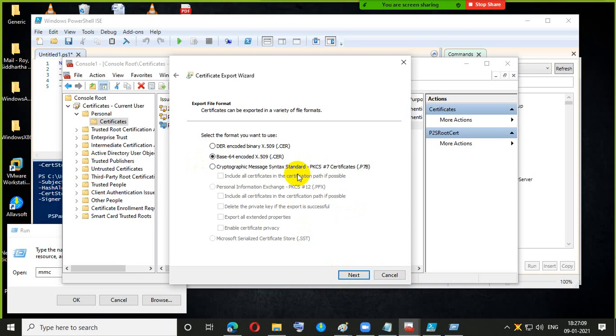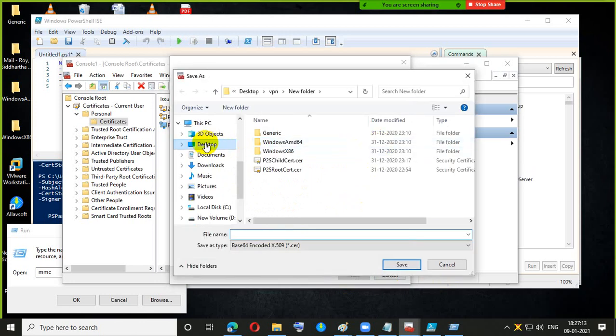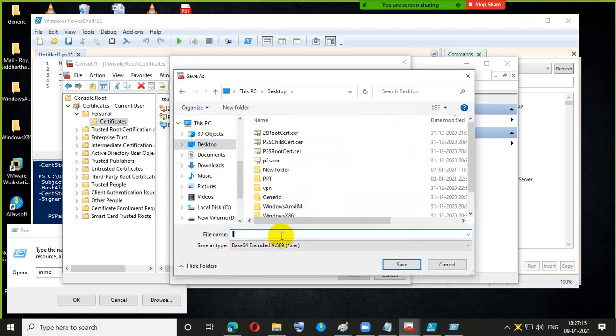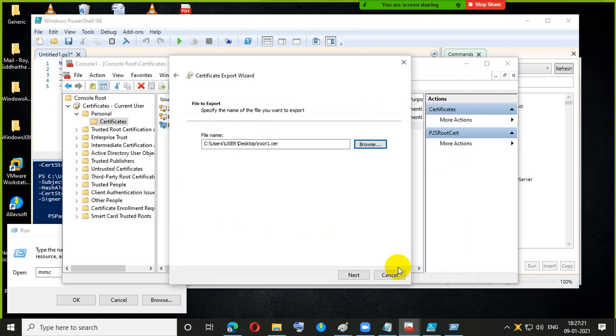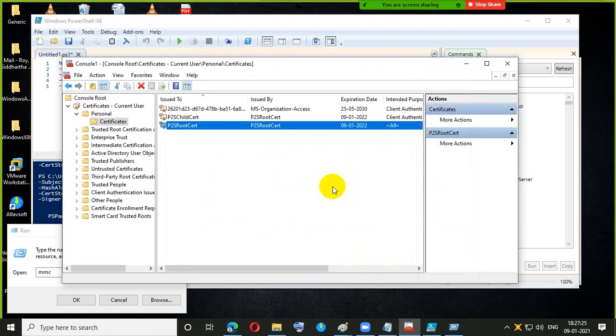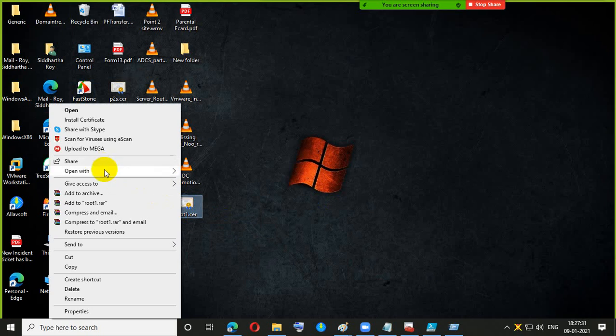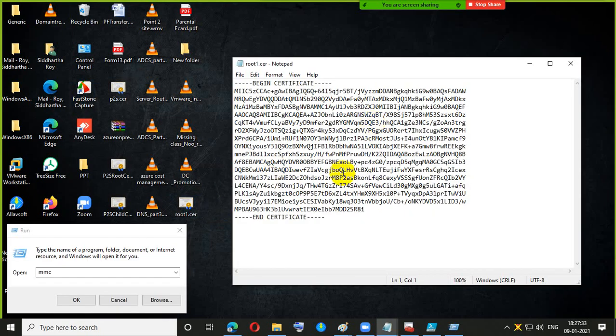Okay, imported successfully. Now this is my root certificate. Now what I need to do is open it with Notepad. Now this is my required thing.